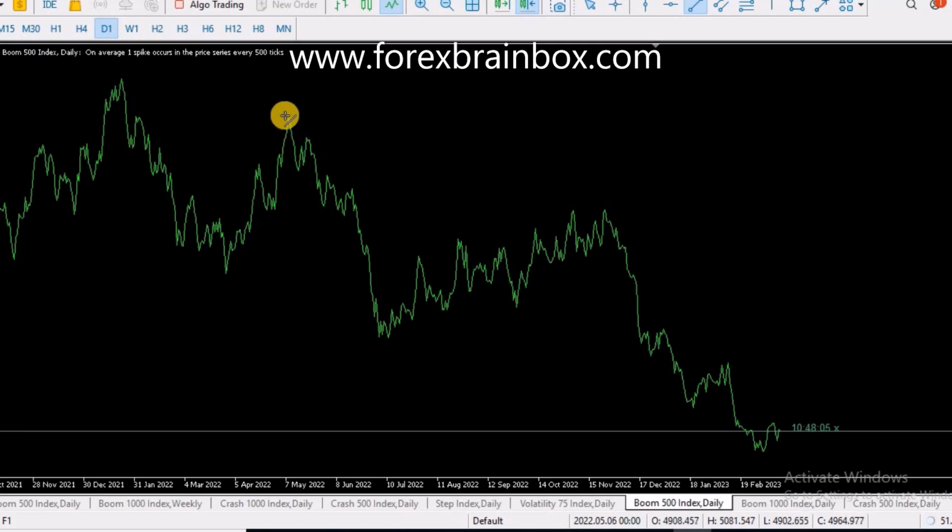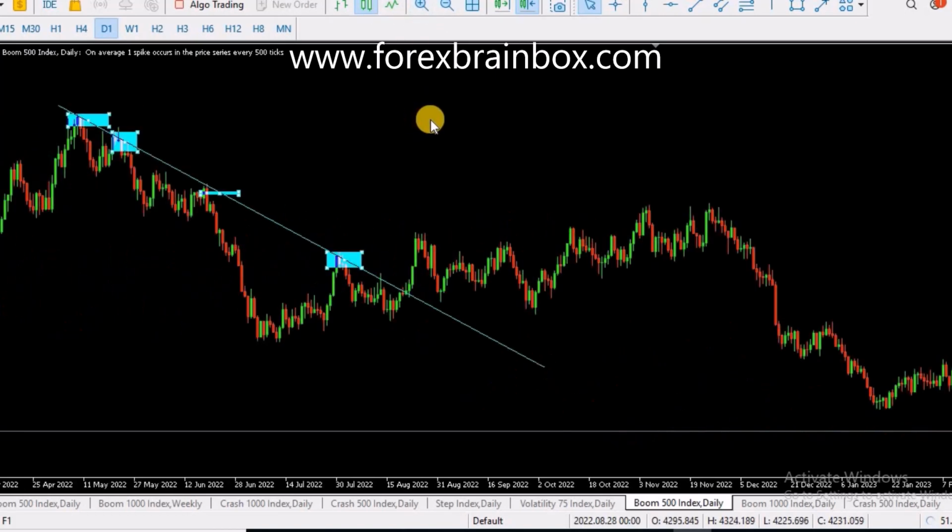So this is 1, 2, 3, 4, and you can see how they all align, right? Let me show you. This is 1, this is 2, this is 3, and this is 4. So this is a go, this is a pass, right? Put it back to candlesticks. You can see how clean